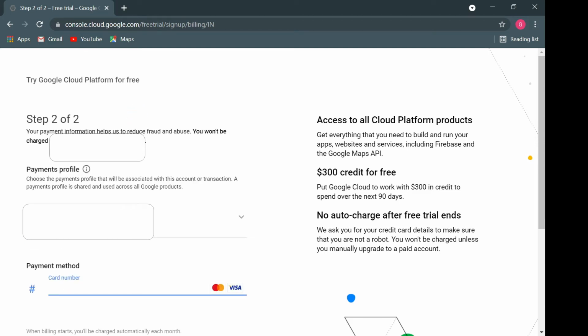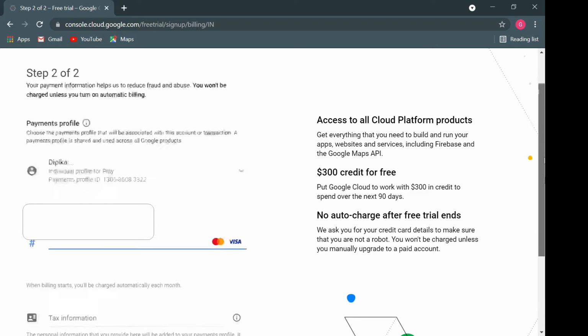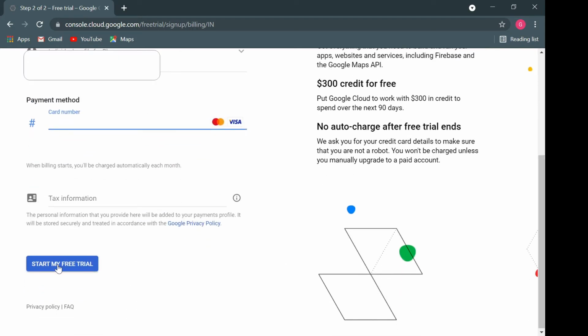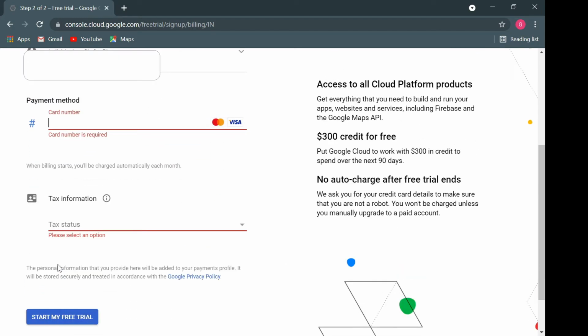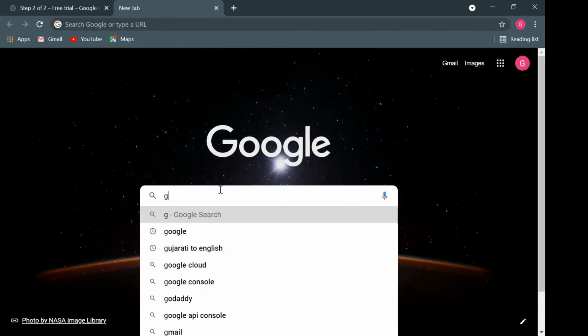Here you have to enter your details and just click on start my free trial. Now again open a new tab, write the same path,